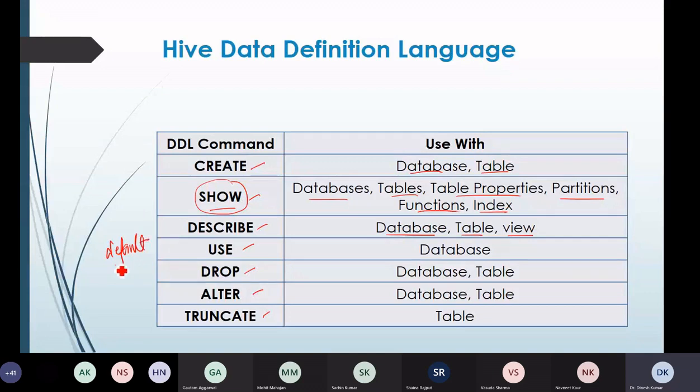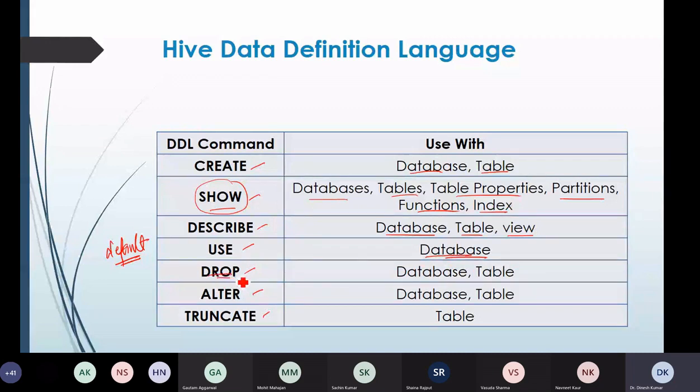If you don't create your own database, all the tables that you create will go into this default database. So the first step is to create a database, and then to create tables within the database, we have to use the use database command. It is applicable on the database only, so there is no table here.